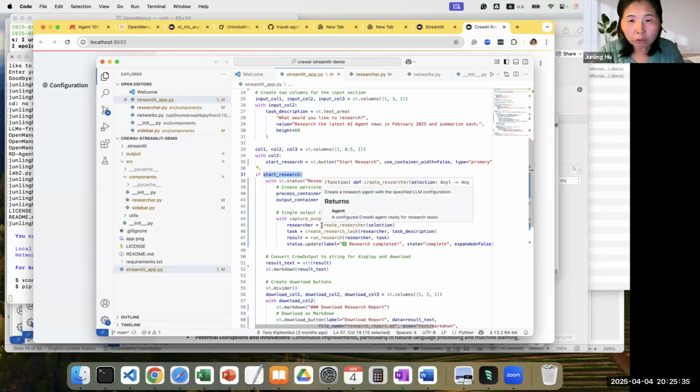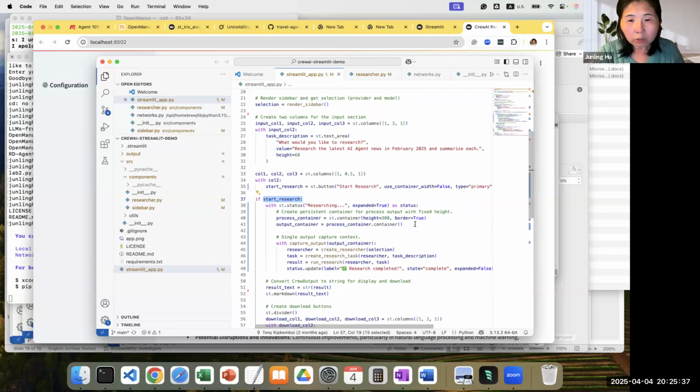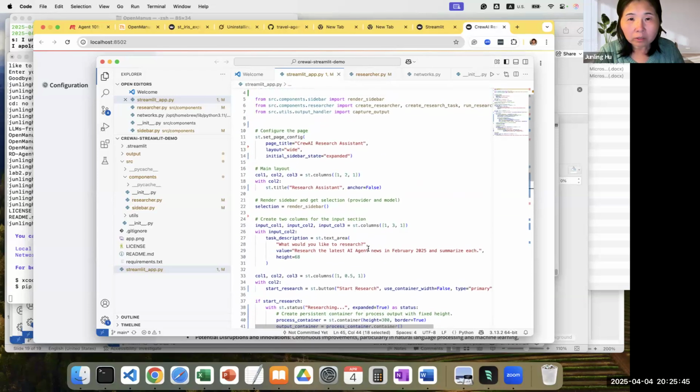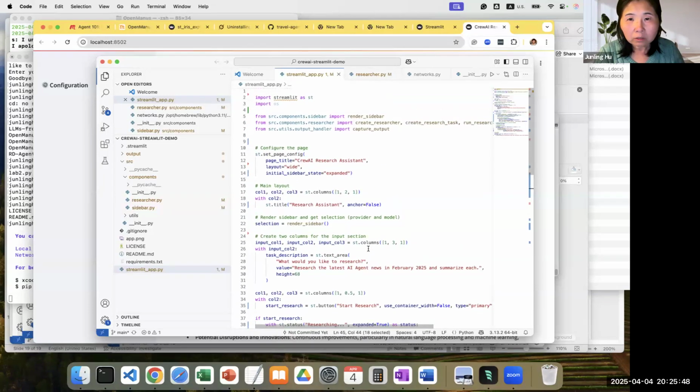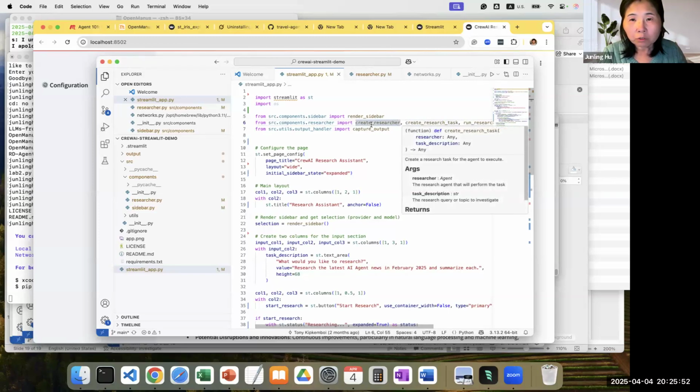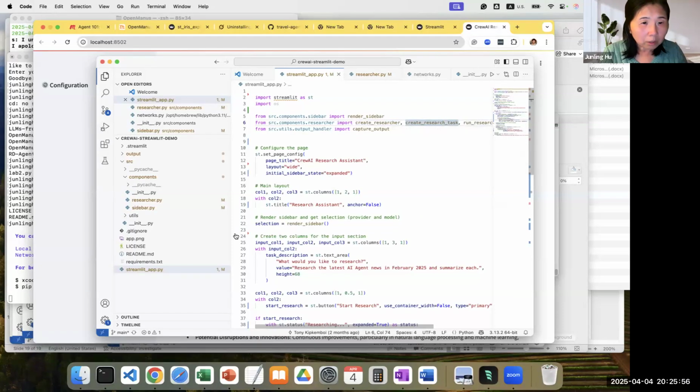So they have a researcher. They have different roles: they create a researcher, and there's a data analyst. So they have a researcher, a research task, and run.